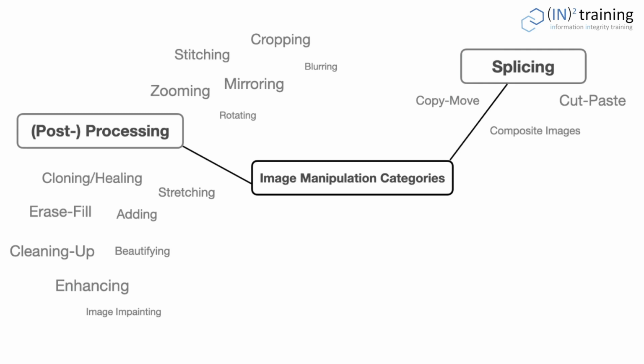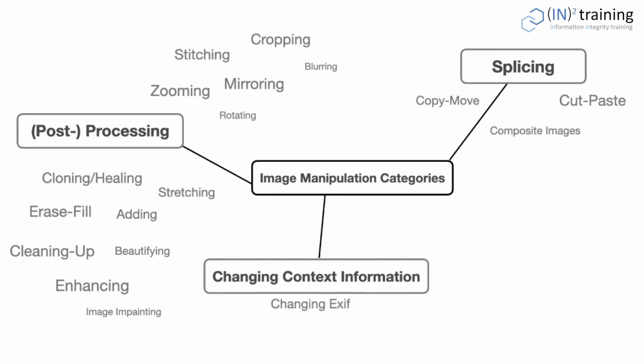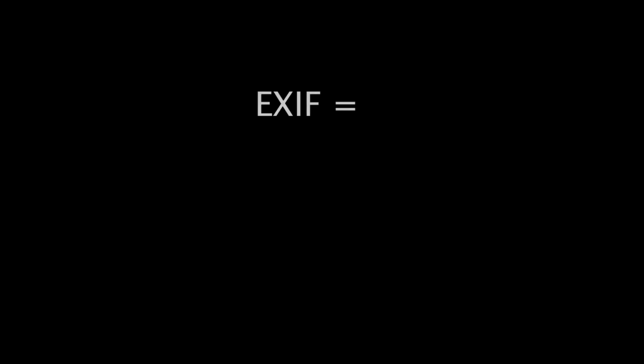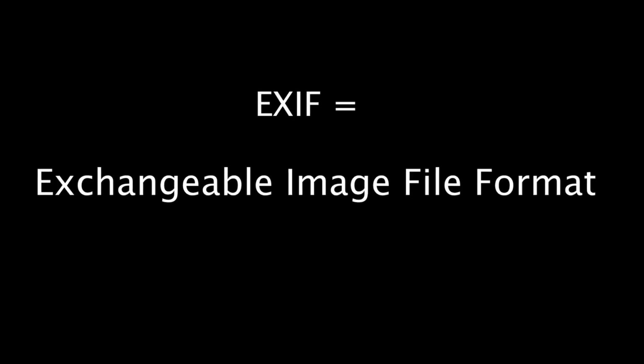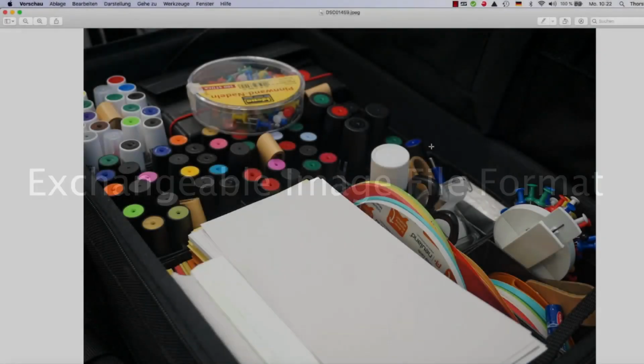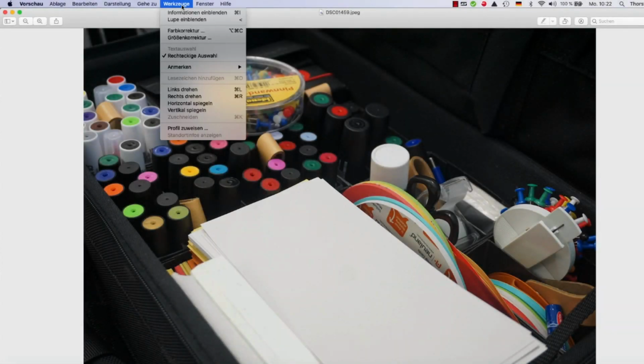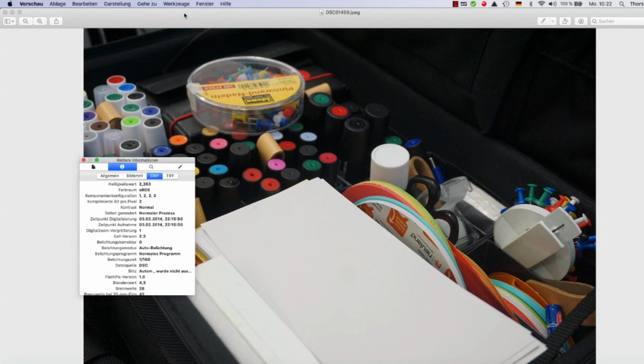An additional category could be best described as context manipulation. Whenever images are used out of context, when they are intentionally or accidentally mislabeled, the information in the caption changed or incomplete, or the EXIF data altered, one may speak of inappropriate, sometimes even fraudulent image manipulation. The EXIF data is an abbreviation for Exchangeable Image File Format, which includes a set of tags with potentially valuable specifications about how, when, and where an image was captured.